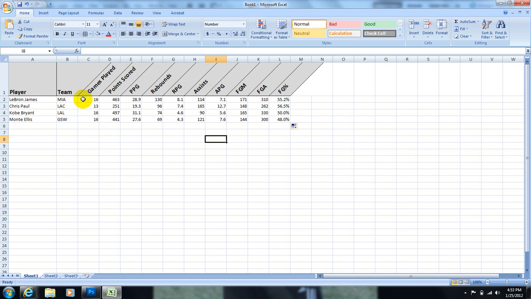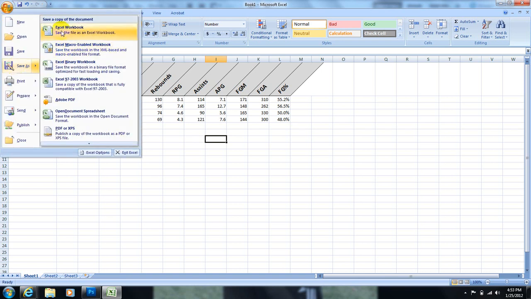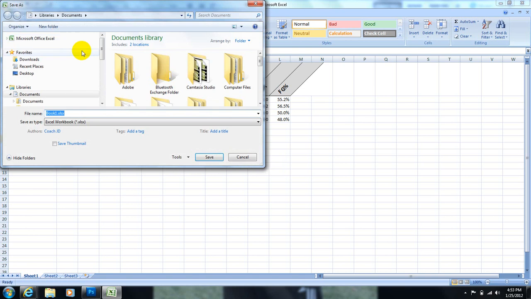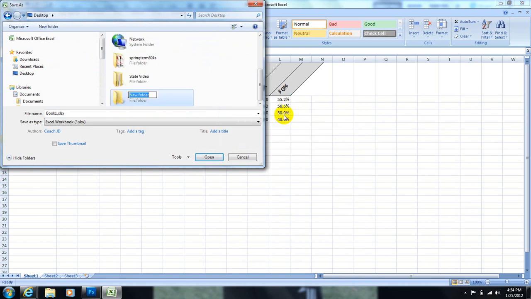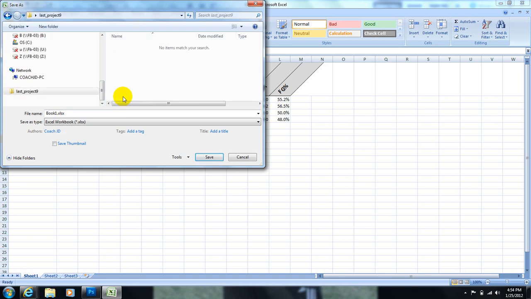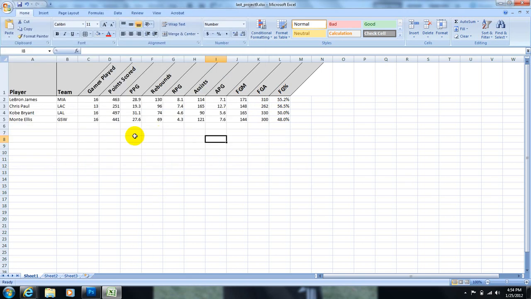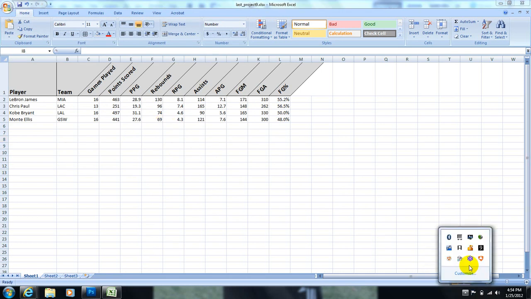Okay, before I get too far, I'm going to save this. File, save as, a workbook. Okay, in my computer core folder, you should go save this somewhere. I'm going to go ahead and make a folder here for my project 9. But you're going to have this in your computer core folder. Last name underscore project 9. Please create that folder in your computer core folder and save this as last name project 9. Okay, you're going to end up having an Excel file, a PowerPoint file, and a PDF all in that folder. So now I'm saved, and I'm ready to move on to part